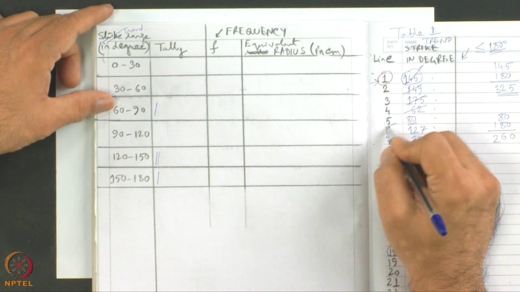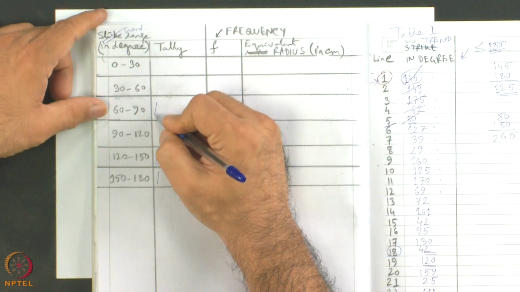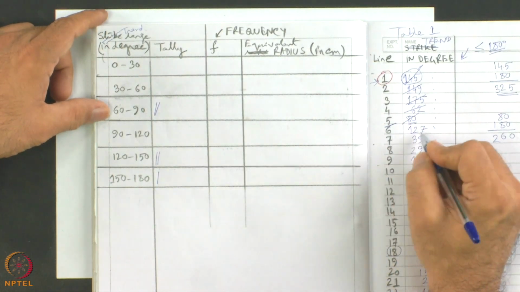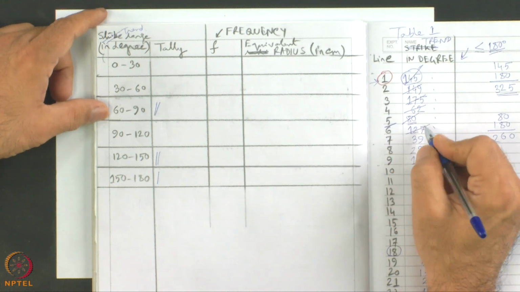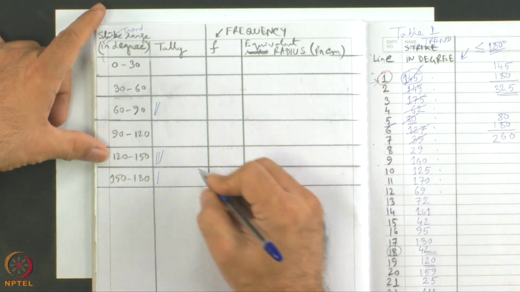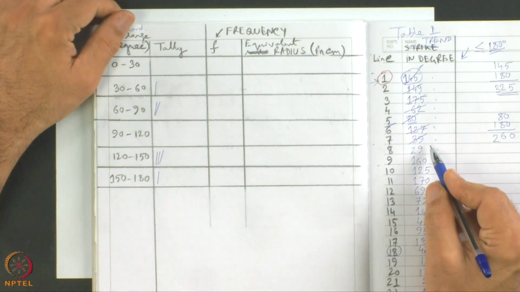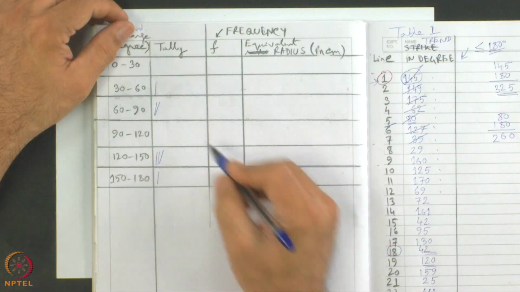Line number 5, the trend is 80. This 80 is plotted within this 60 to 90 range. Line number 6, 127, which will come over here. Line number 7, 39, it comes over here. Now, in this way we will keep on cutting the numbers from this side and we will be putting the